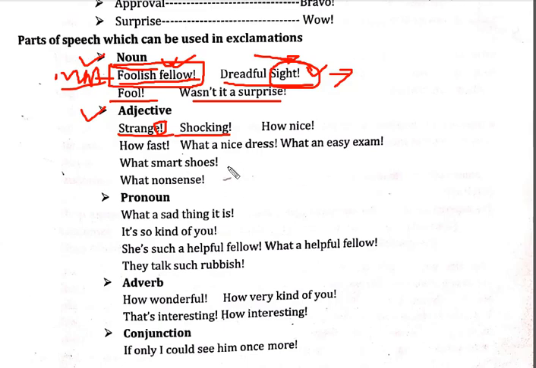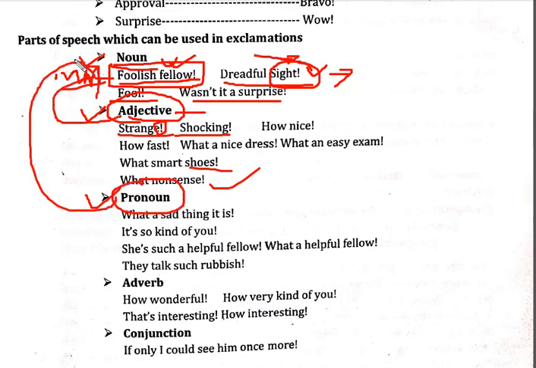Somebody is there who is putting these shoes on, and for these shoes we can say what a surprise. What smart shoes. What nonsense. Now it is pronoun. And here I am going to tell you, adjectives are the words which qualify noun. एडजेक्टिव वो वर्ड होते हैं जो क्वालिफाई करते हैं किसको? जो क्वालिफाई हमारे नाउन को करते हैं। And here pronoun is, जो हम इसके इंस्टेड यूज करते हैं इंस्टेड ऑफ नाउन। Pronouns are the words which are going to be used instead of noun. तो एडजेक्टिव है जो नाउन को क्वालिफाई करता है, प्रोनाउन है जो नाउन के बजाय लगाते हैं हम। ओके,